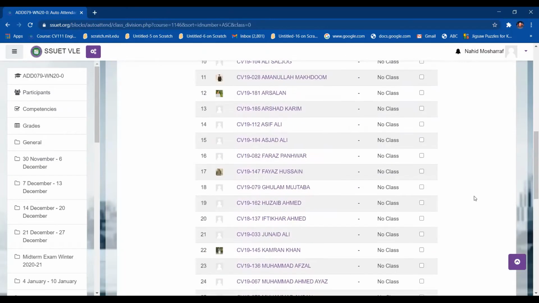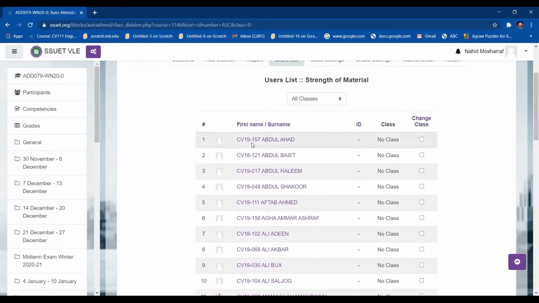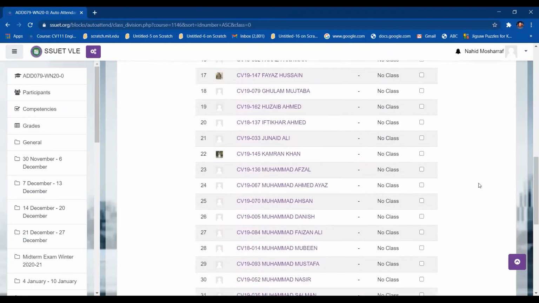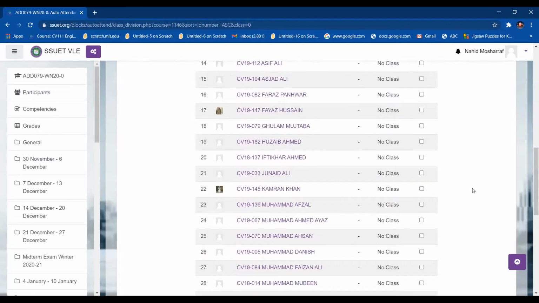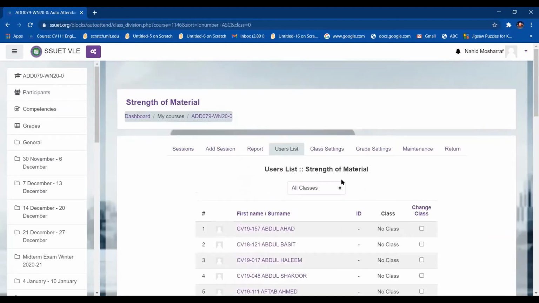Right now it is not happening because I am not taking classes right now, so it is turned off by the administration. So you can do it. You have to click on the change class, and then you have to click on section A or section B, so your student will be assigned to section A or section B. Right now this authority is taken by the administration from the teachers. So right now it is not happening, but you will get my point. So how can you change a section, or how can you assign the section to the students? So this is the way.